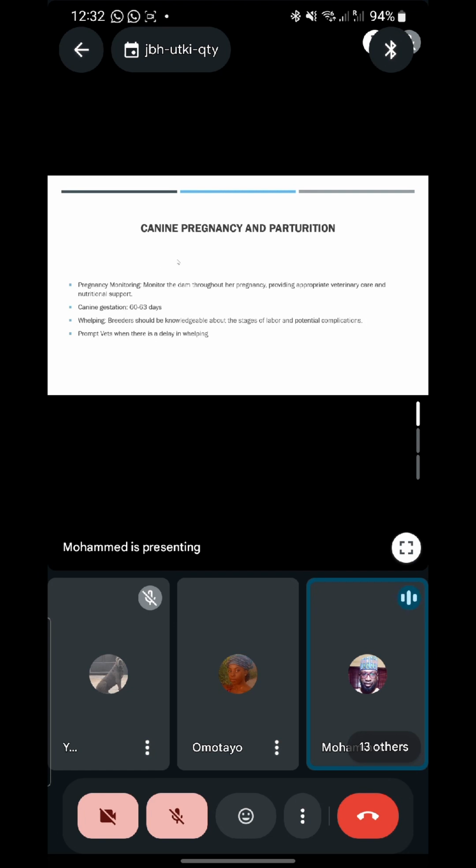Okay. So also it is noteworthy that you know the gestation period of the dog. That's the pregnancy period. It's usually 60 to 63 days in which the dog can now deliver her puppies. Whelping should be